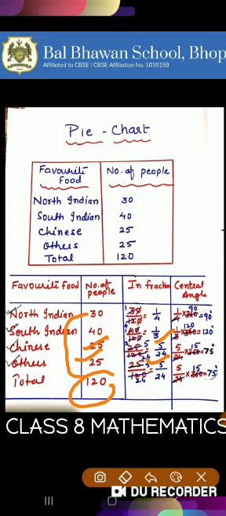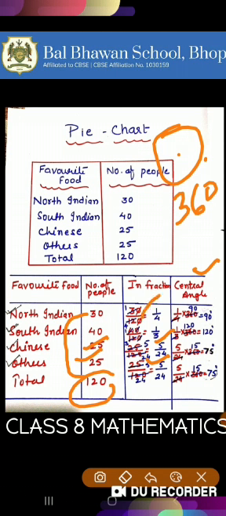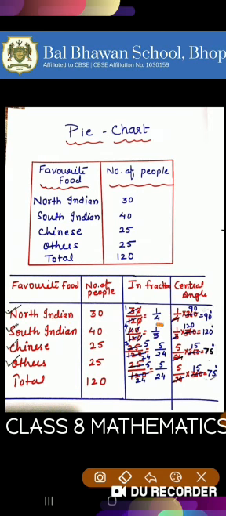After finding the fractions, we have to find the central angle. Children, you know that in a circle, the value of the central angle is always 360 degrees. So when we find the central angles, we will multiply the given fraction with 360 degrees. Here it is 1 by 4 into 360. Then the second fraction is 1 by 3, so it will be 1 by 3 into 360. Third fraction is 5 by 24, so it will be 5 upon 24 into 360 degrees, right?